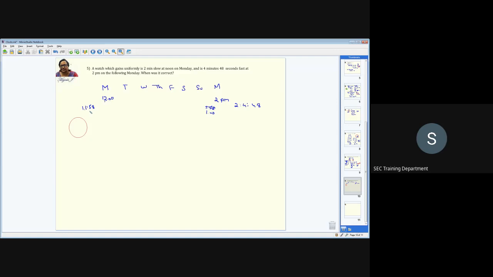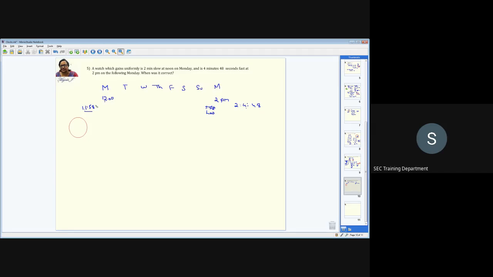Is it clear? As per my setting, it has to be 2 minutes behind. So here also it should be 2 minutes behind. But if it is showing 1:40, that means the clock is running slowly. That's the reason it's showing 1:40. Clear? Yes, ma'am. So now what is happening is, instead of this, the clock is showing 4 minutes 48 seconds faster. That means this clock is a faster clock, not the slower one. Is it clear now?